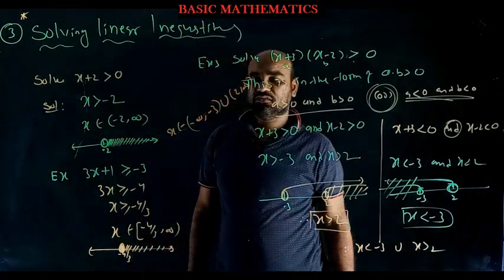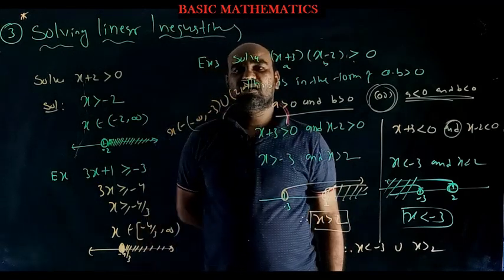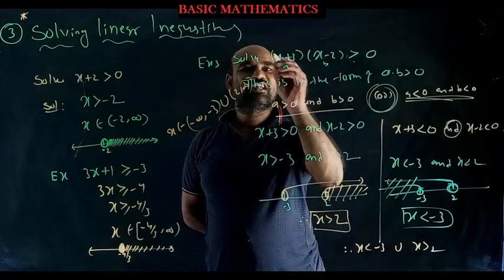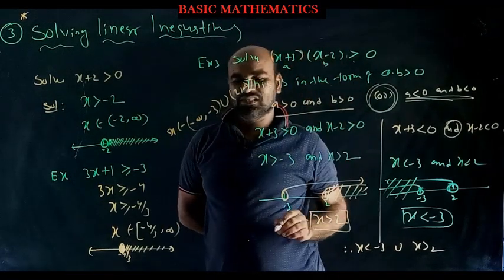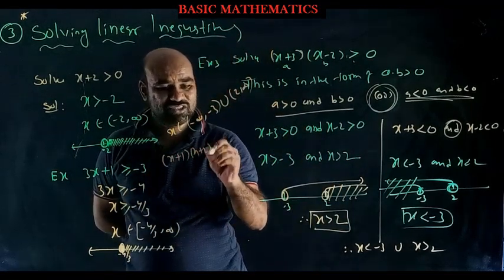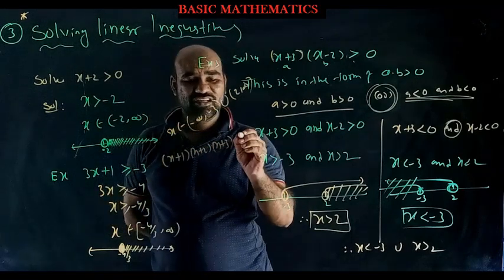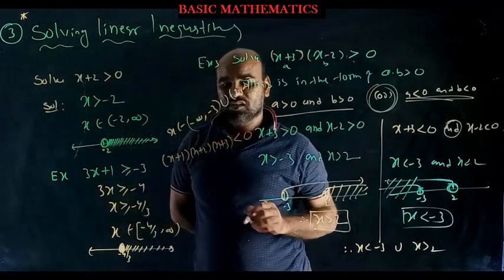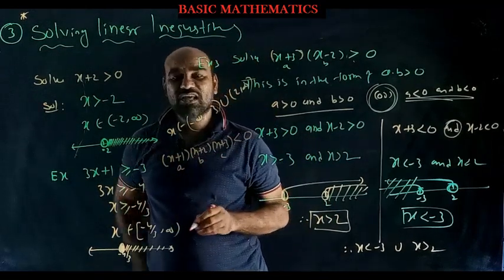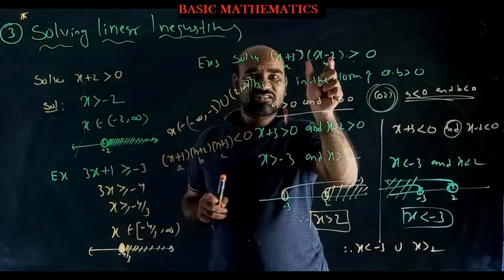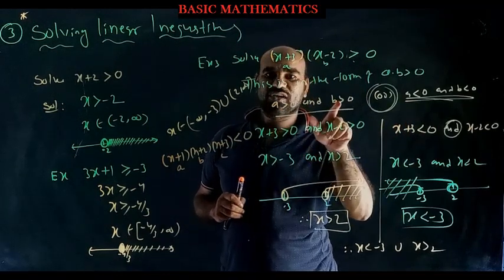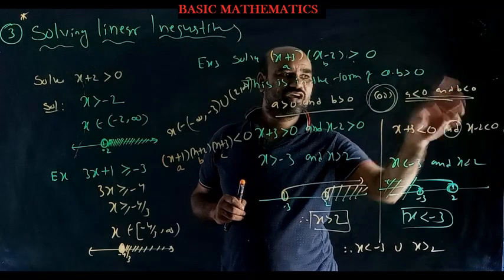Okay students, in this way you can solve linear inequalities, but the difficulty is that here only two brackets are given, so the problem becomes easy. For example, in the problem x plus 1 into x plus 2 into x plus 3 less than 0, we want to solve this problem. We will take this as A, this is B, this is C. Only two brackets, product greater than 0, only two cases. One case is a greater than 0 and b greater than 0. Another case is a less than 0 and b less than 0.